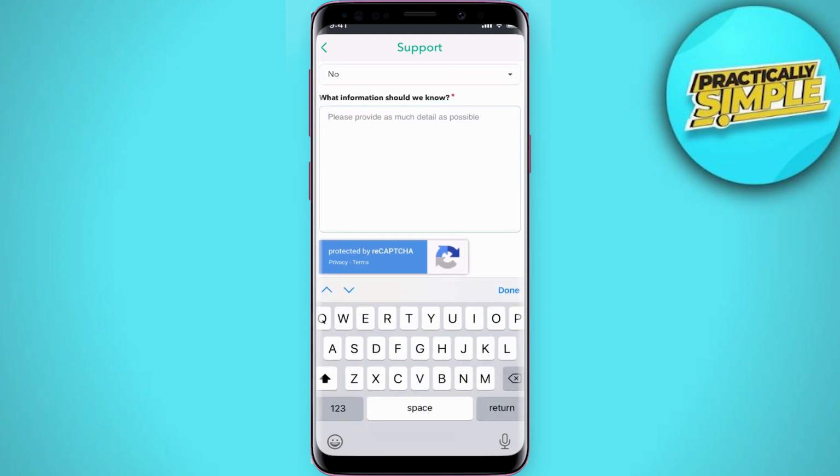And then you can go to what information should we know. So this is where you want to be as specific as possible. Let them know to the closest amount what you thought your snap streak was before you lost it, and then after going through all these steps, in a day or two they will get back to you and they will recover the snap streak. So that's pretty much it for this